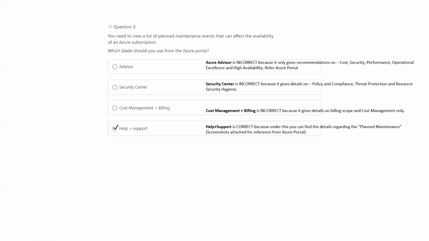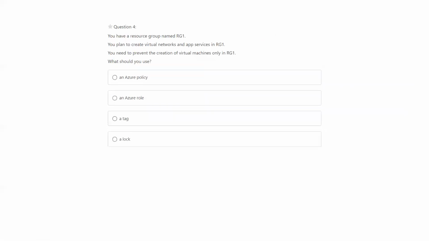Security Center helps us with policy and compliance, threat protection, and the details of those components. Cost Management and Billing is where you can look at your budgets, billings, and the invoice of your resources.